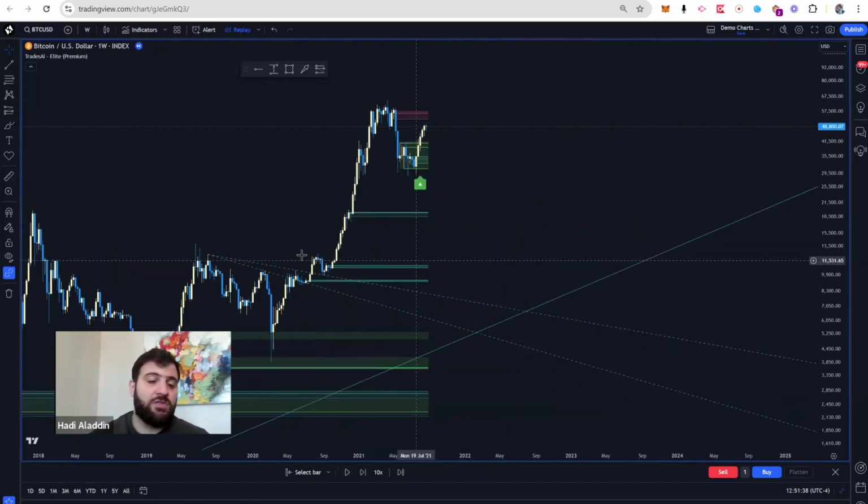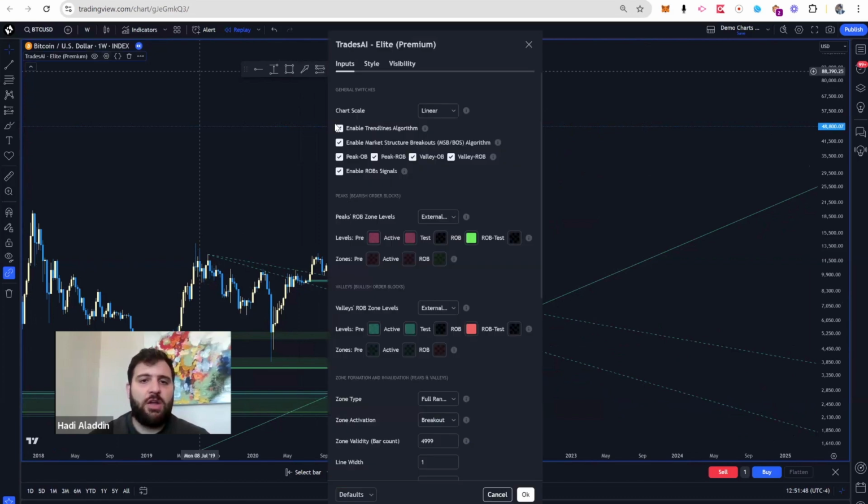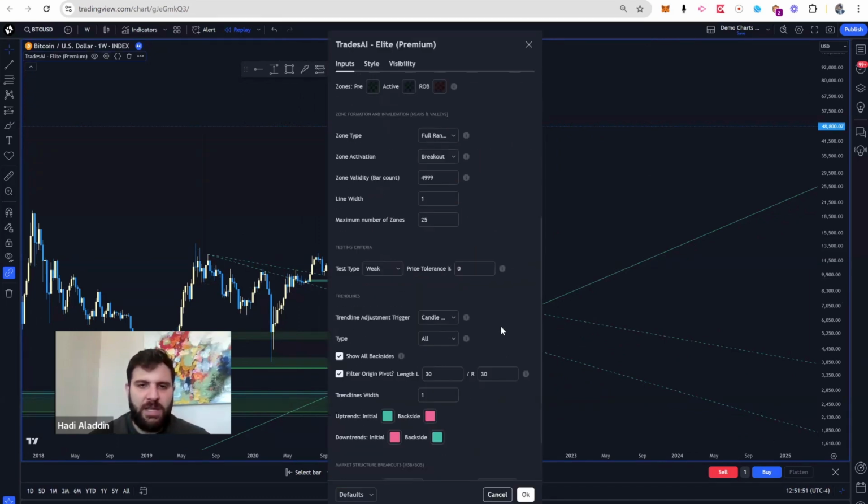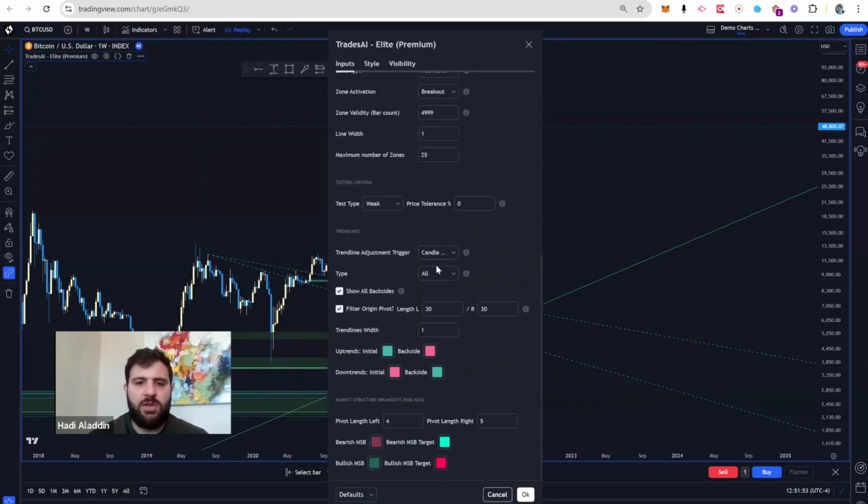Now, some people like to trade the touches of trend lines, the third, and the fourth, and the fifth touches. Some people want to wait for it to break and then trade the breakout. So when they become dashed lines. So all of that could be changed in the settings. I'm not going to dive deep now into the details, but if you scroll down there are settings for